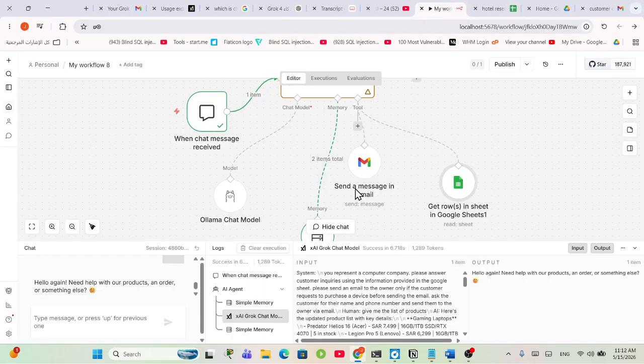And through this it's going to check the sheet. Okay, it's going to list all the products here on the output for the customer. And if a customer wants more description, he can ask for more description or more details on the product. And it's going to look from the sheet and give it to him, and all these details like price and everything. Then if the customer is interested, all he has to do is just